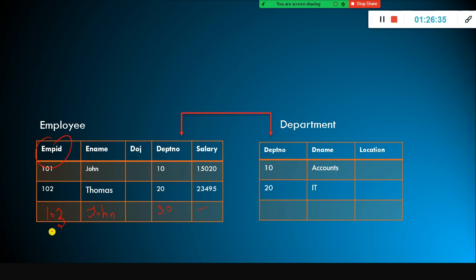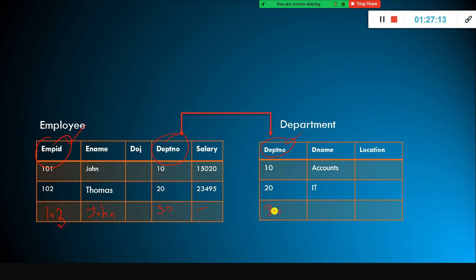It's like an Aadhaar card. And in the department table, the department number is the primary key column. So here also the same rule is applicable. You are not supposed to have duplicate values. So in this table employee ID is the primary key, and in this table department number is the primary key. But when you look at the employee table, a department number column is available in this table. But this department number column should hold only this table's department number values.